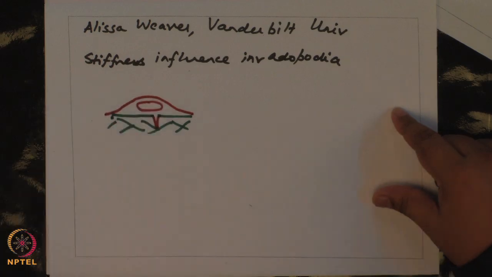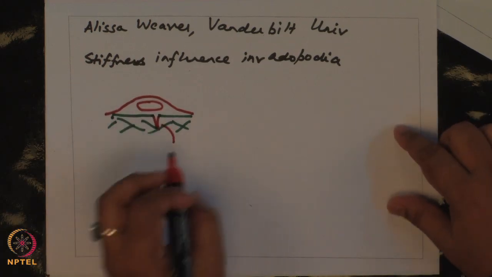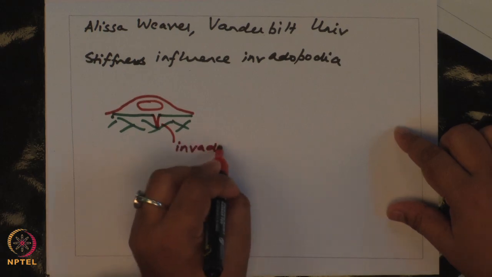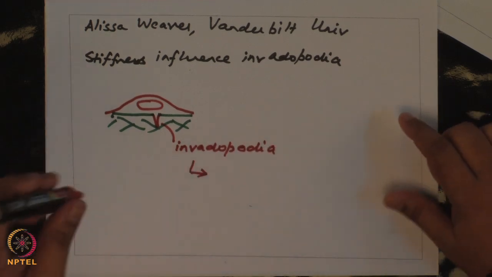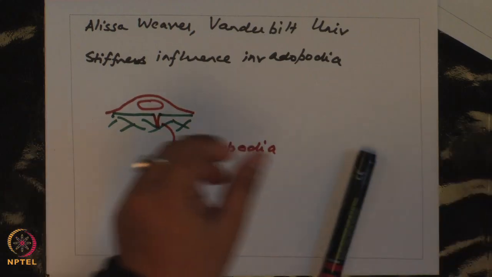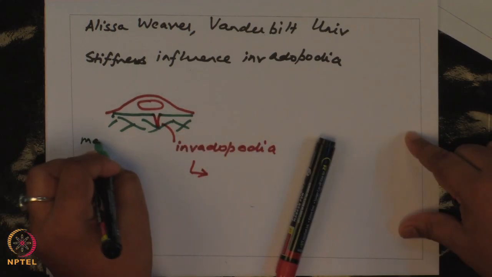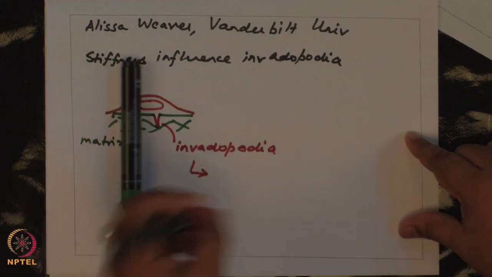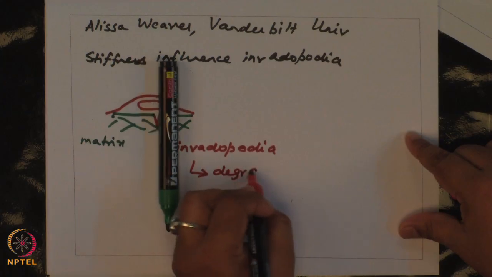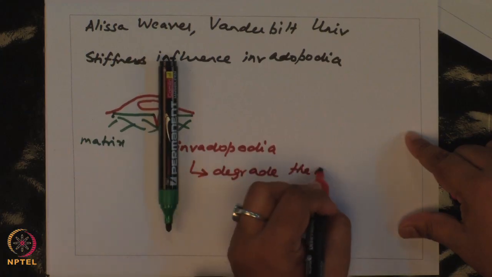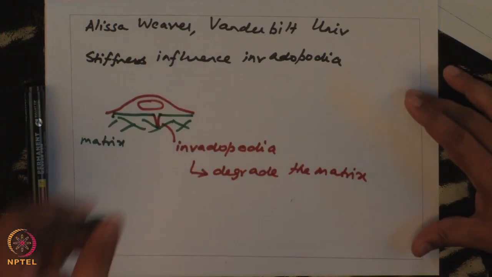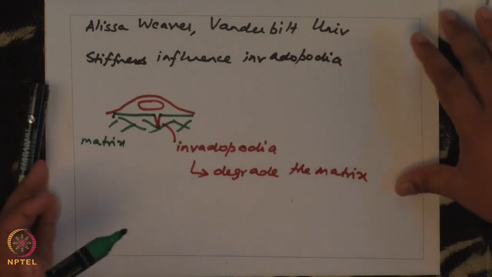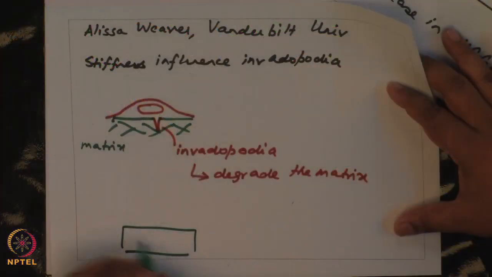Okay, this is a cell. So, these are protrusions which protrude into the matrix. So, this is your matrix, and they degrade the matrix. Okay. So, what the experiment that Elisa Weaver did was she took 2 substrates, these are